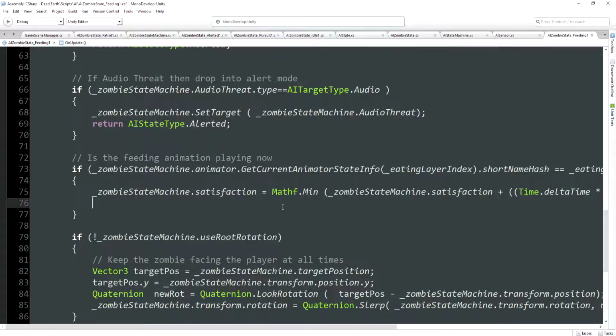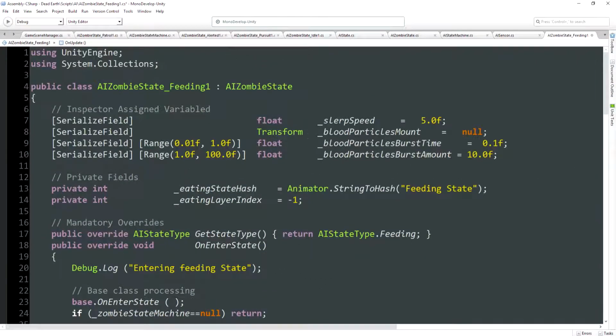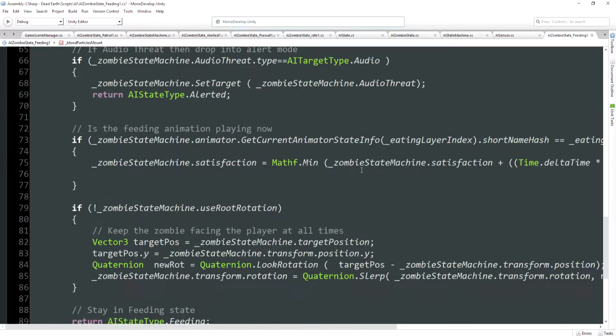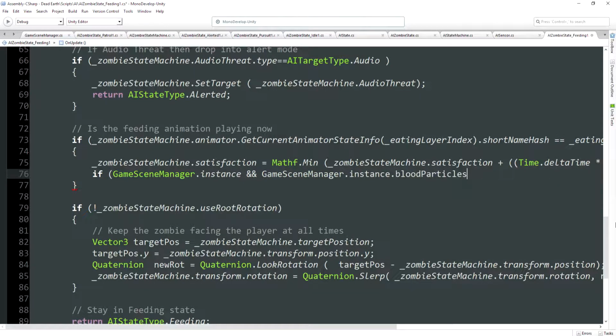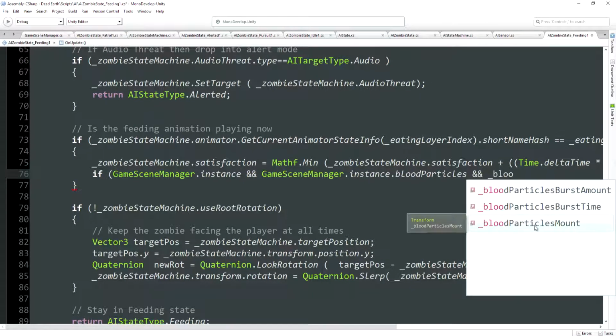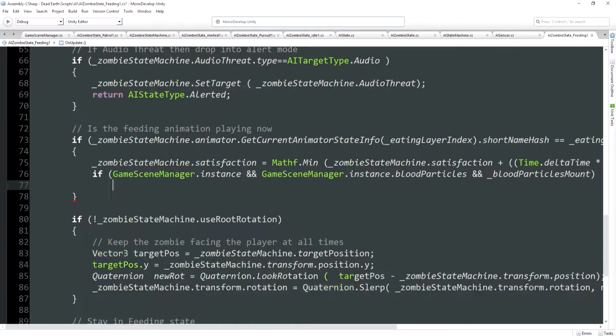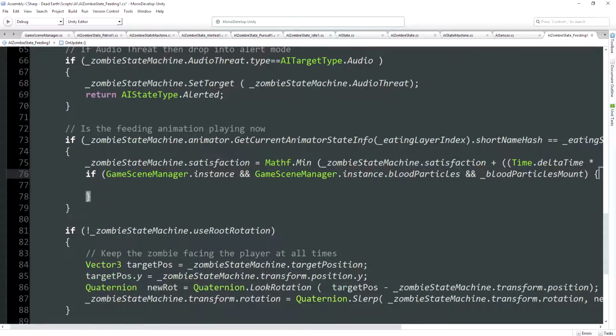So the first thing we need to do is check that we have a valid game scene manager, that the game scene manager has a valid particle system reference, and that we have a valid particle system mount, this thing up here. So we will say in this code, if GameSceneManager.instance and GameSceneManager.instance.bloodParticles, and if our blood particles mount isn't null, well then we have everything we need to start emitting